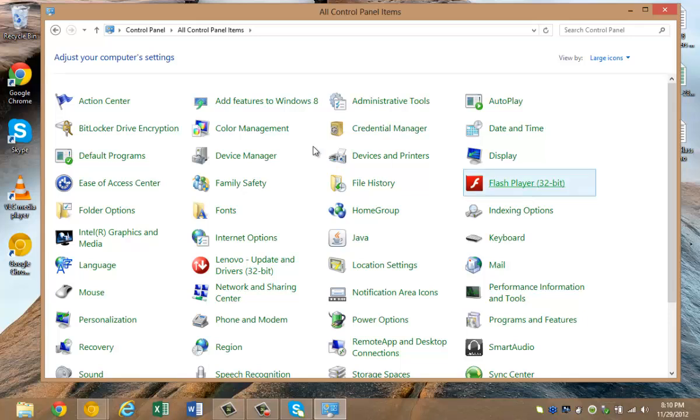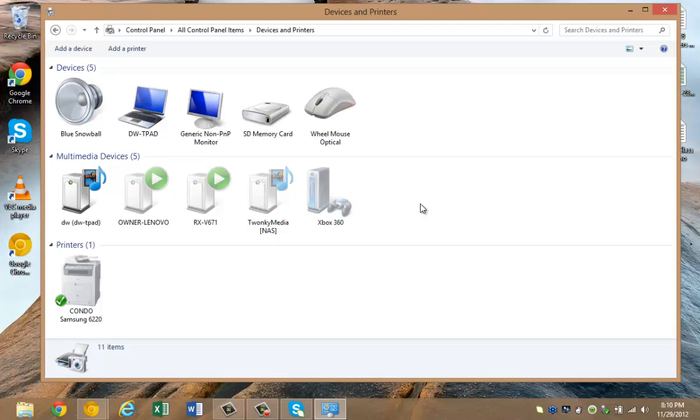The first one is devices and printers. Relatively similar to how Windows 7 had it. This is where you would go to configure or handle any of your printers within here. However, as I said in my introduction for today's presentation, the devices and printers area makes it a lot easier to install things like printers. I don't think you'll have to use that CD that comes with your printer anymore. They've bundled most of that functionality right within here, so you should be able to just plug in the printer and it'll either install itself on the fly, or you're just going to use the Add a Printer button up here